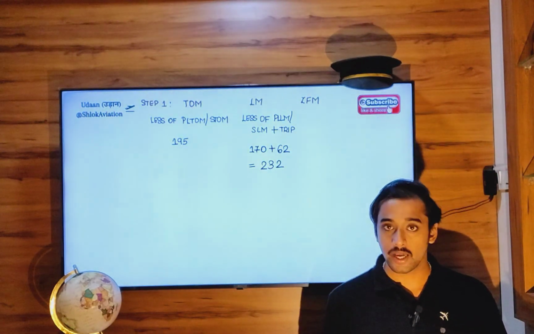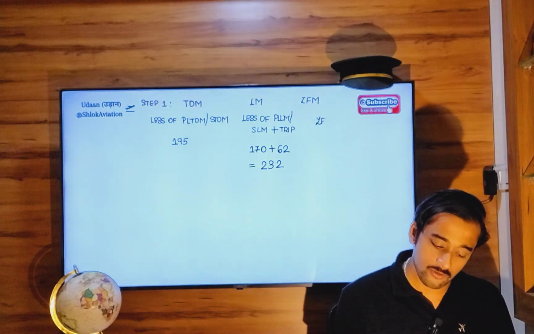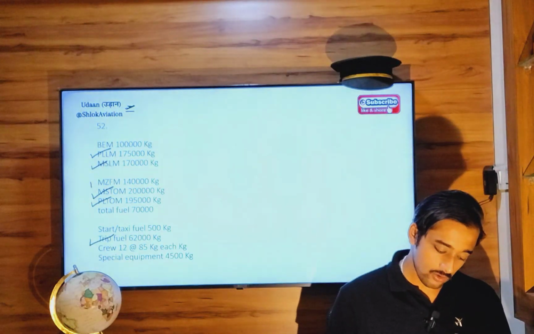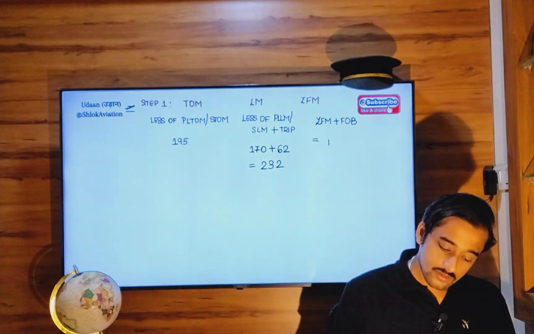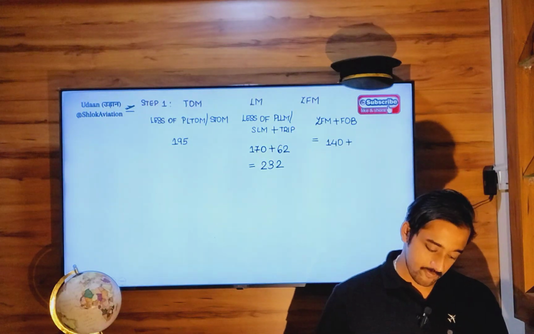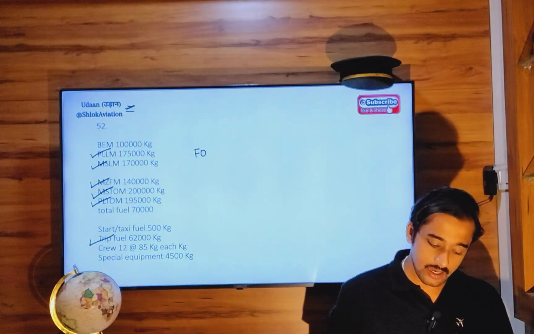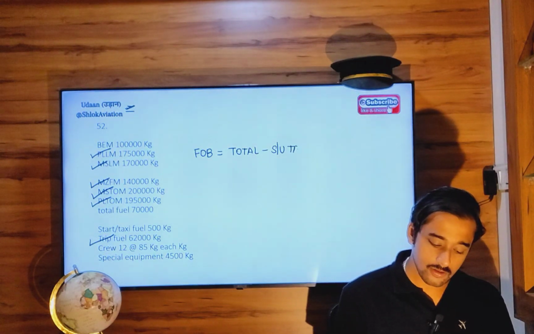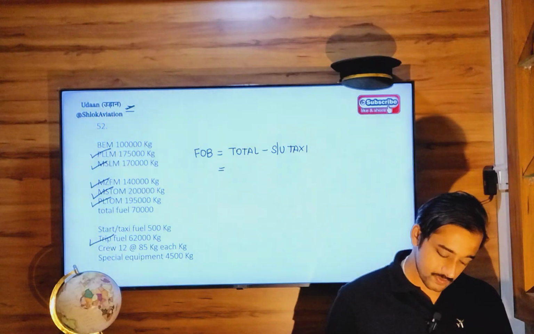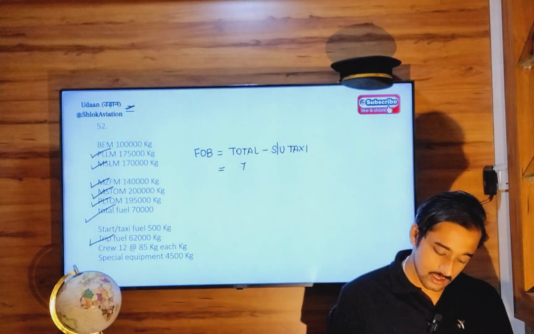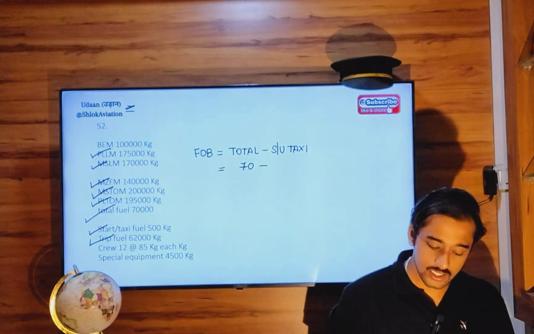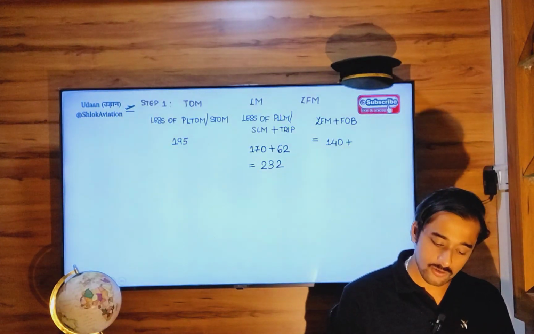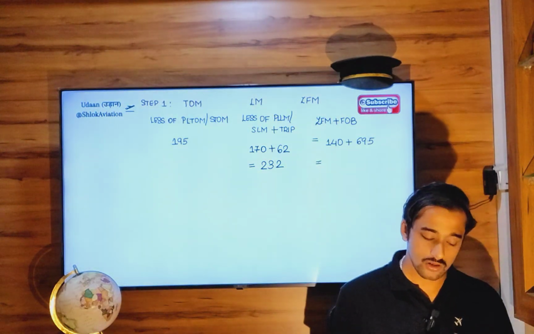So 232 is the takeoff mass. Next, in the zero fuel mass column, you are going to use the formula zero fuel mass plus fuel on board. Zero fuel mass is equal to 140. Fuel on board is not given to us directly, so it is equal to total fuel minus startup taxi fuel. Total fuel is 70,000. Startup and taxi fuel is 500 kg, so minus 0.5 equals 69.5. So 140 plus 69.5 equals